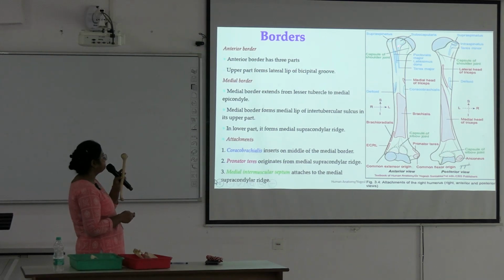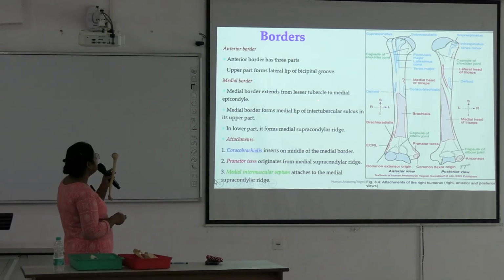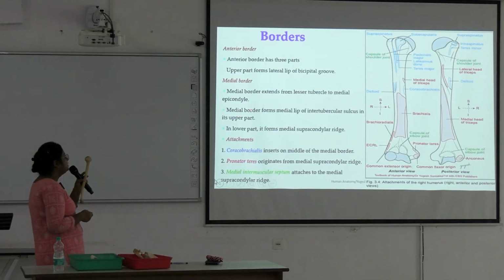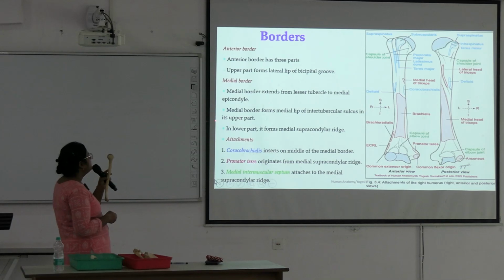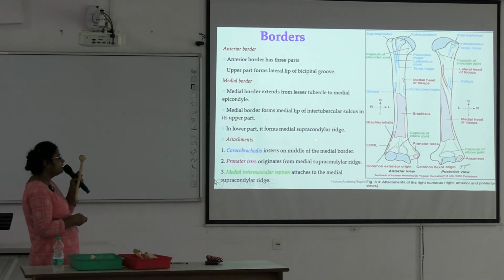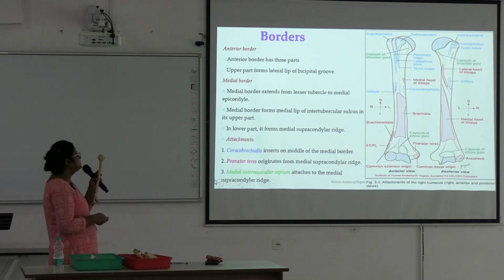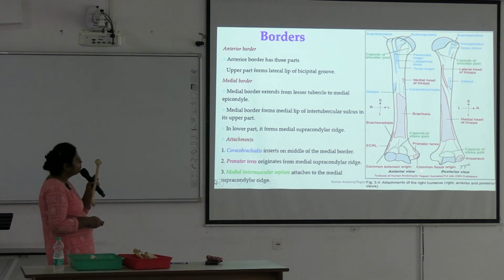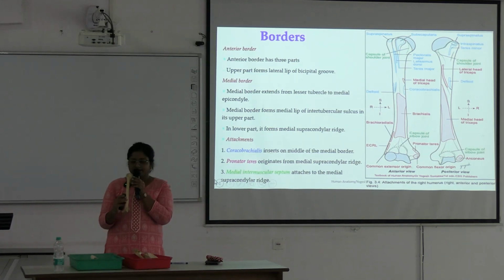Medial border. Here will be the medial border extending up to this medial epicondyle and above along this medial lip of the bicipital groove. So medial border extends from lesser tubercle to the medial epicondyle. Medial border forms medial lip of intertubercular sulcus in the upper part, and in the lower part it forms medial supracondylar ridge. Here in this part, lower part, it is sharp and forms the medial supracondylar ridge. See here,